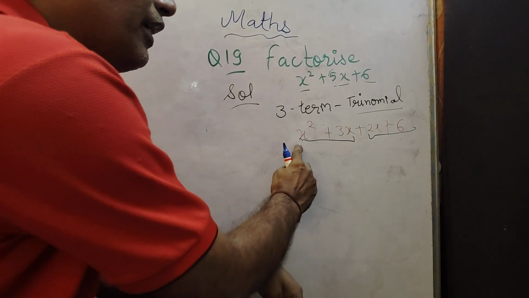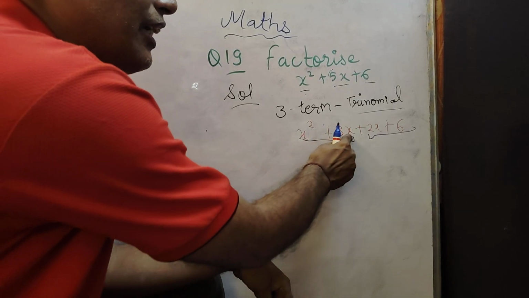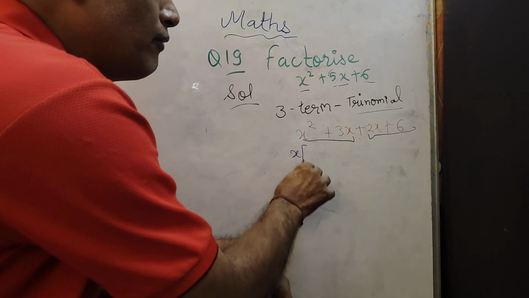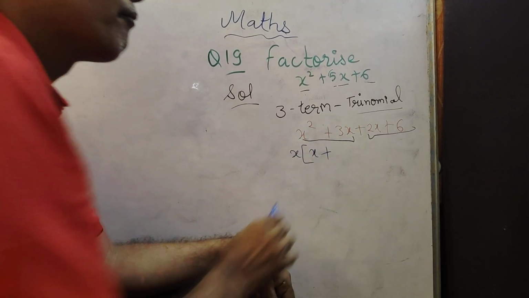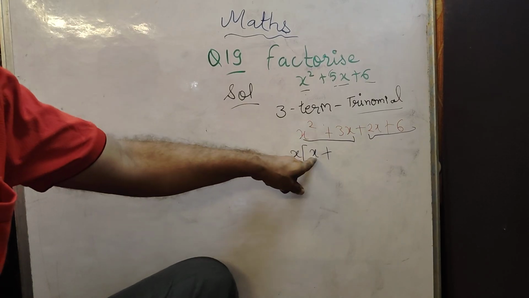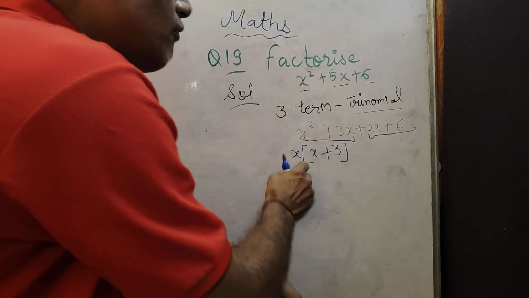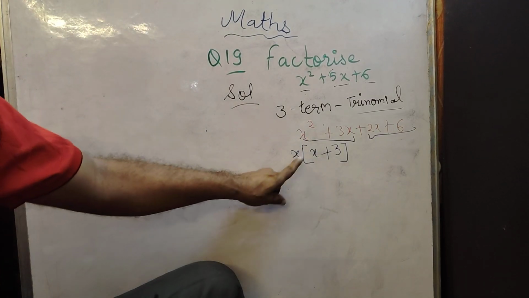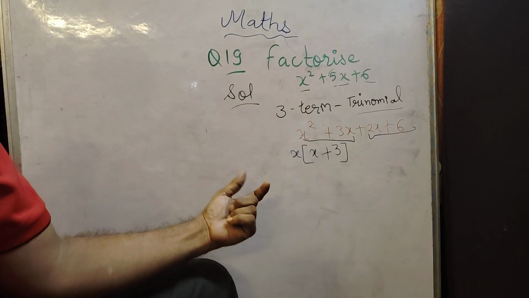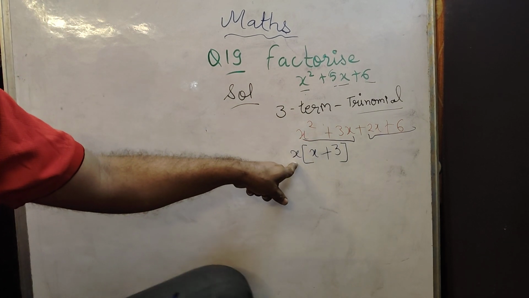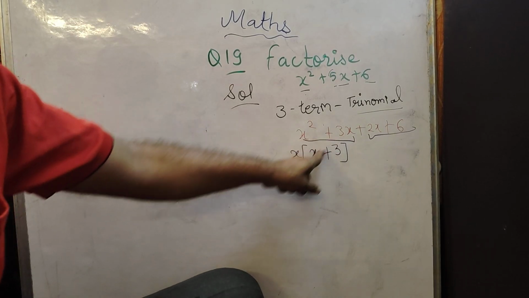Now take the common. Here x is common, both terms have x. Here is x into x, here is 3 into x. So we take x common. After taking x common, x will remain inside, because x square divided by x gives x. Now 3x divided by x gives 3. Common means we take such a number, that is called HCF. The HCF of x square and 3x is x. So we write the HCF outside. Dividing, x square divided by x gives x, and 3x divided by x is 3.